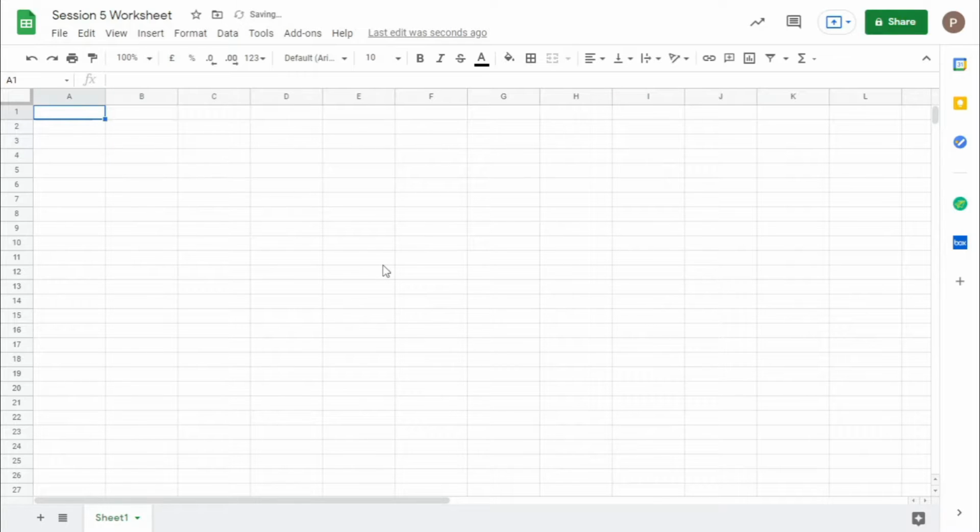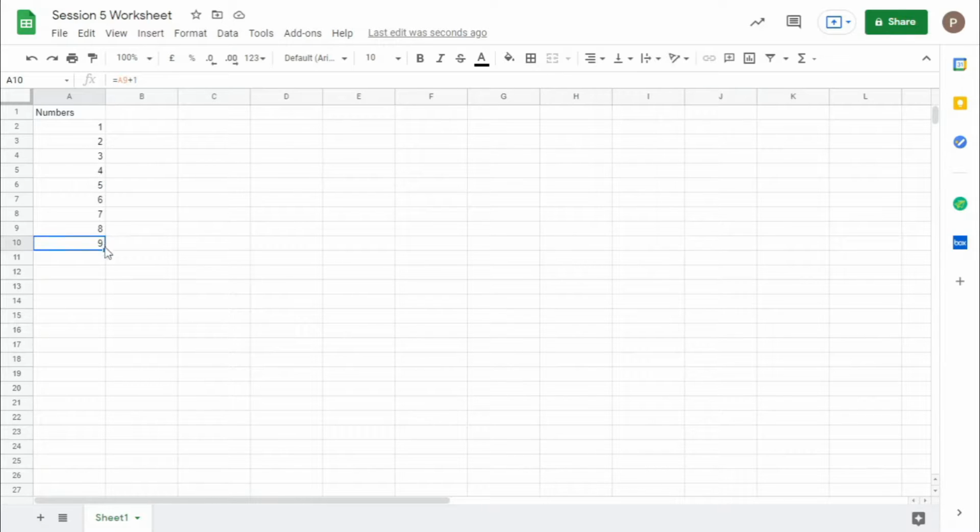Let's take some numbers. The first one is 1. Next, just add plus 1. By doing this, when you copy the value down the cells, it will automatically fill all the values by adding plus 1. Since you took the reference A2 here, when you move down, A2 becomes A3, A3 becomes A4, A5.